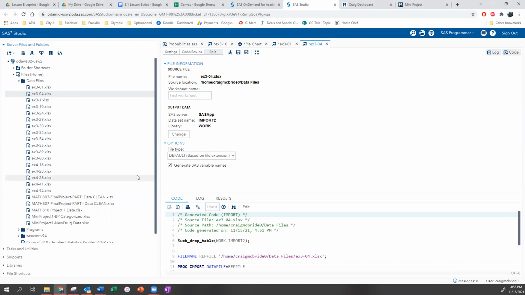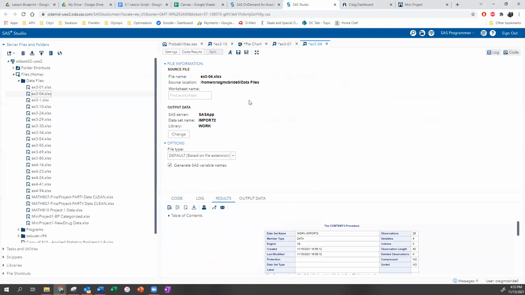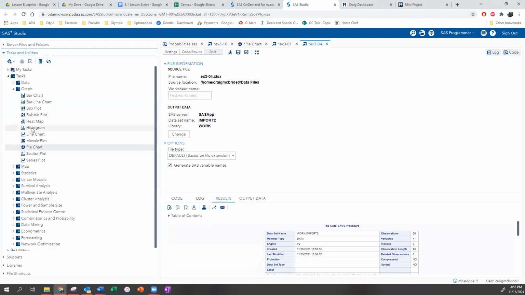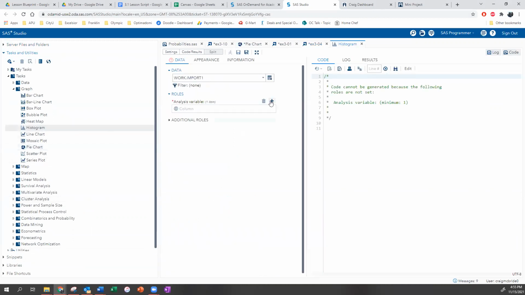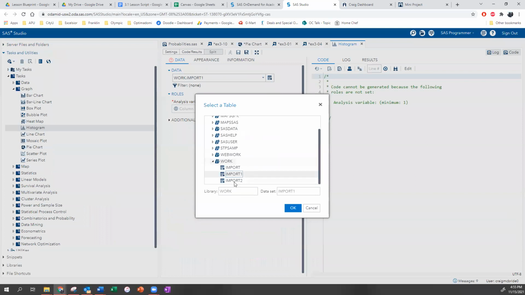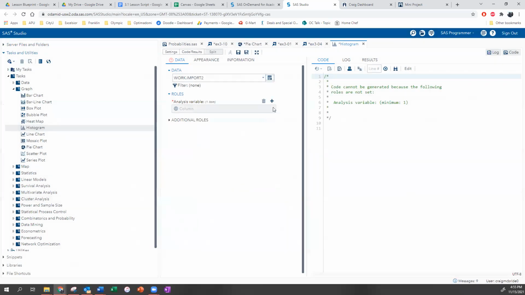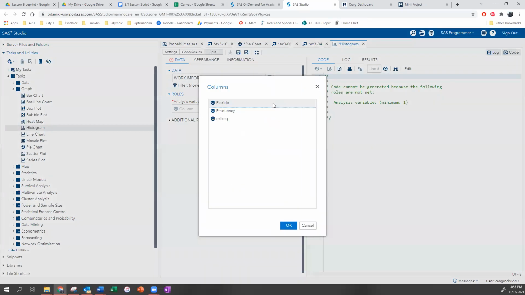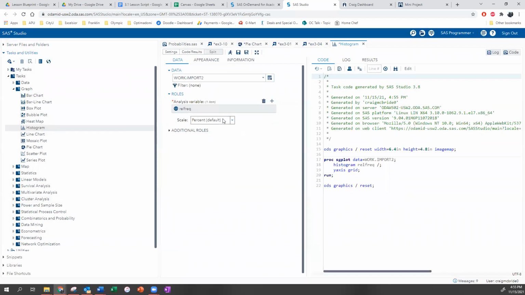For 3-4, actually, relative frequency histograms are really easy because you don't have to compute anything. SAS does it for you, right? So here at 3-4, my data is loaded. If I go to histogram, and it was import 2, and I want to run it on relative frequency, and then hit run.